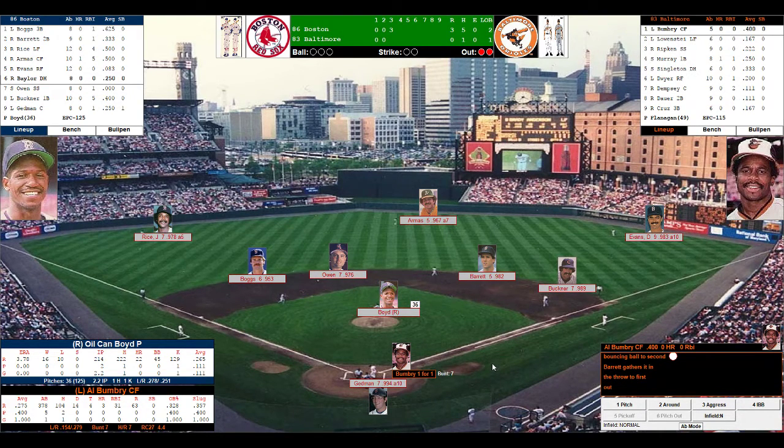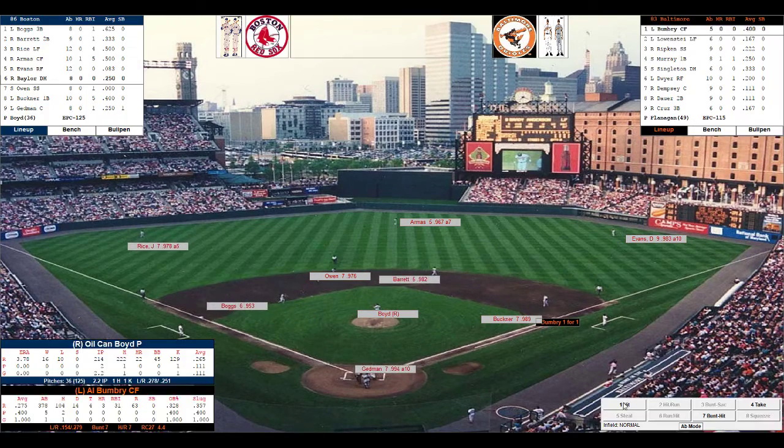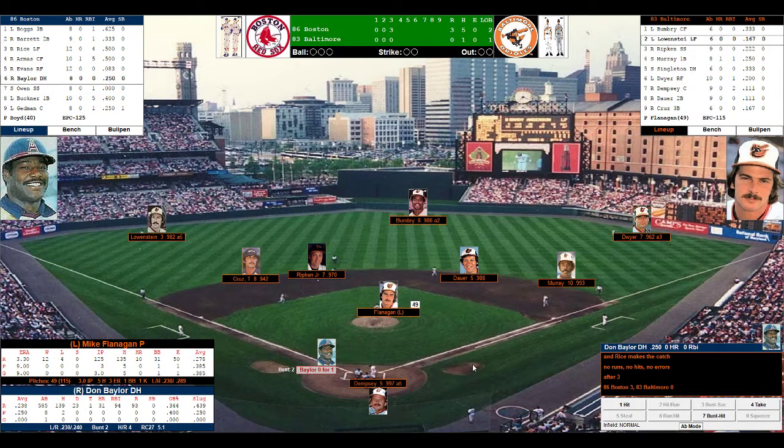Al Bunbury comes to the plate. 1 for 1. Corners will move in. He had an infield hit. Even though Boggs and Buckner were in at the corners, he hit a slow roller to Boggs, and he still beat it out. So once again, the Red Sox will play their corners in. Boggs in at 3rd, Buckner in at 1st. Bunbury steps to the plate, left-handed batter. Here's the pitch by Boyd. And that ball is a fly out to Rice. Inning over, top of the 4th.